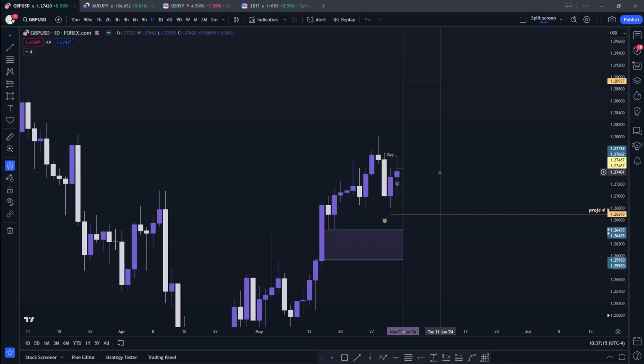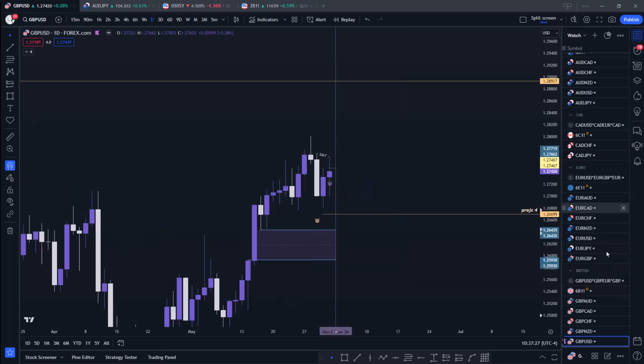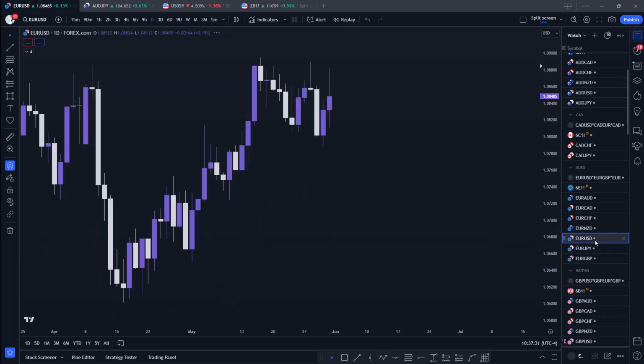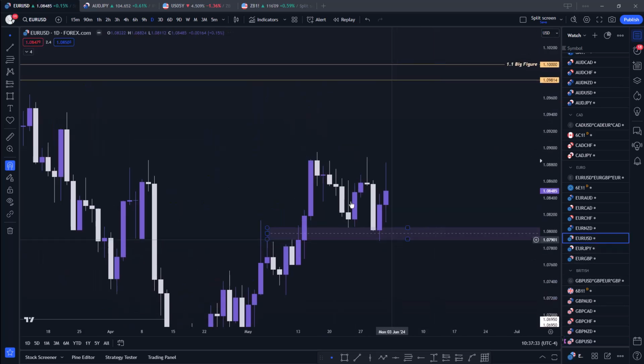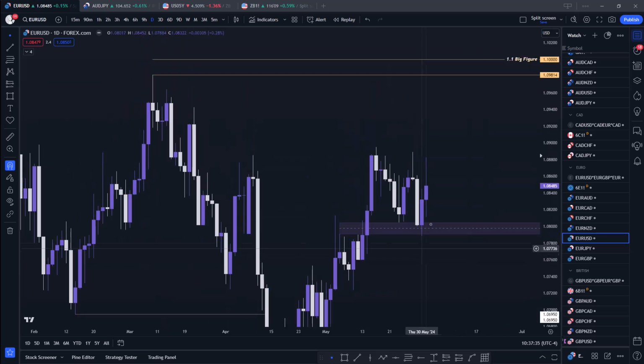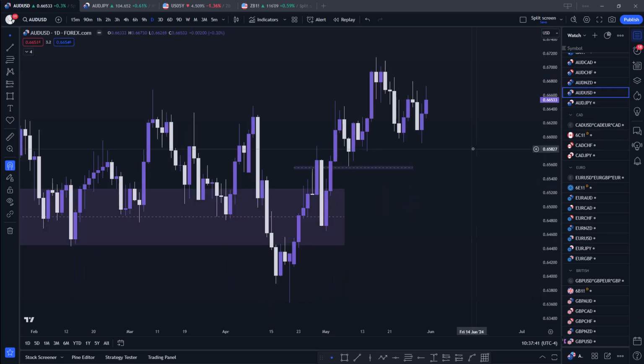I already mentioned what would make me want to take higher dollar: the creation of the fair value gap, or lower dollar by the creation of the CB, which is the bearish fair value gap. So yeah, that's what I'm looking at on the dollar measures. Euro dollar, we don't have much going on. We've already dissected it. I'm not going to worry too much about the major pairs until DXY gives me what